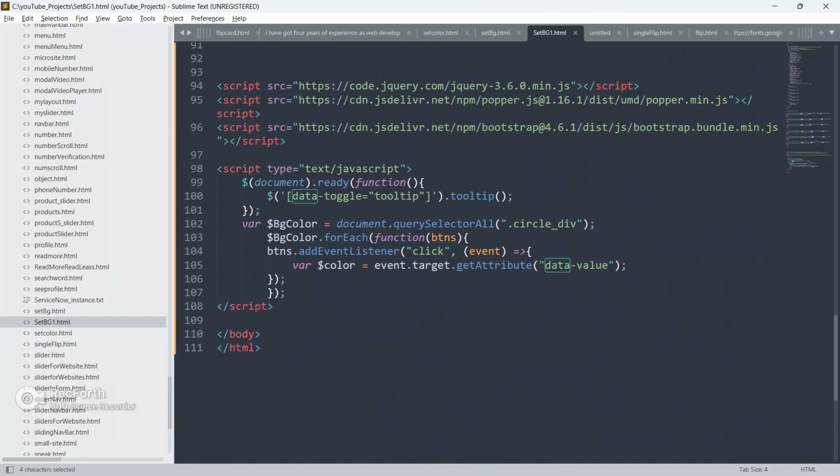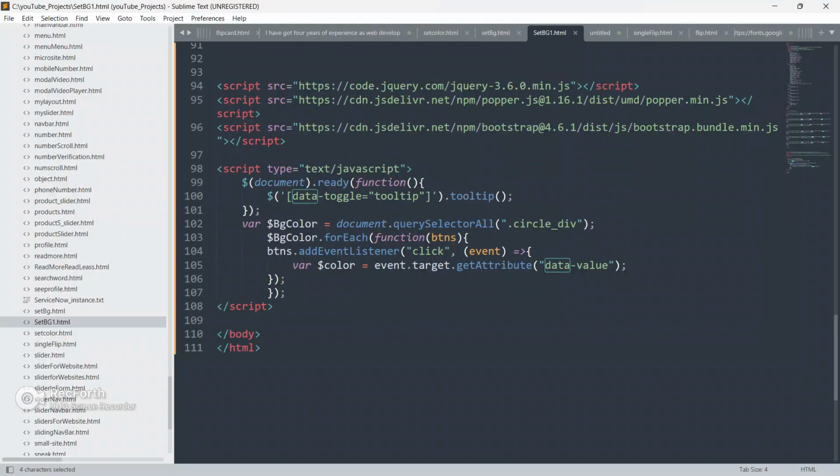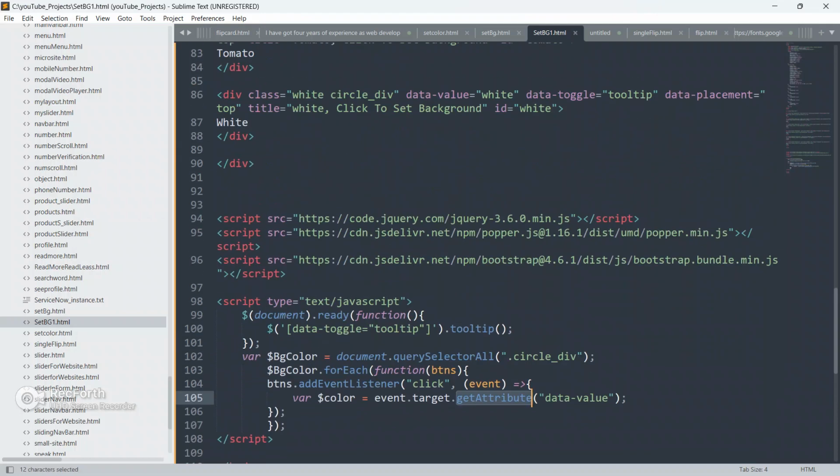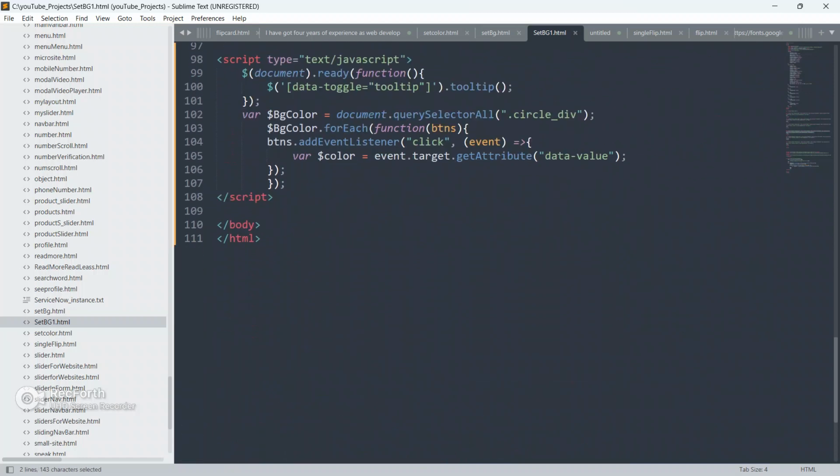Which attribute? This data value attribute. So this line says event.target. What is the event? Click is the event and the target is this button. On the click of this button we are getting its attribute using getAttribute. Which attribute, guys? Data value, this data value attribute.